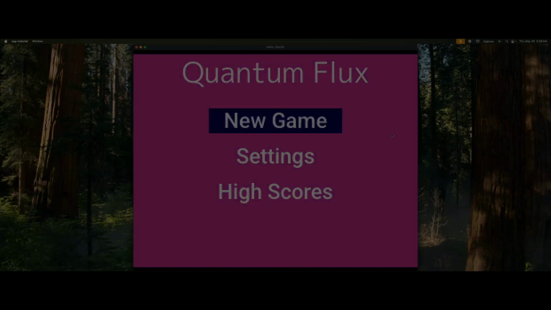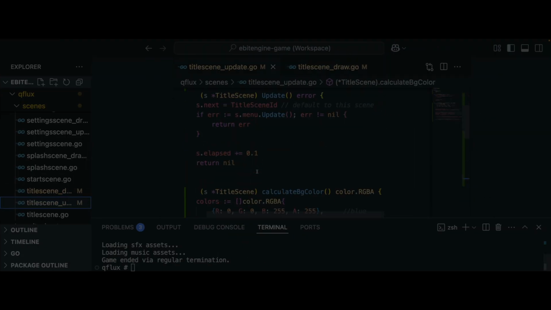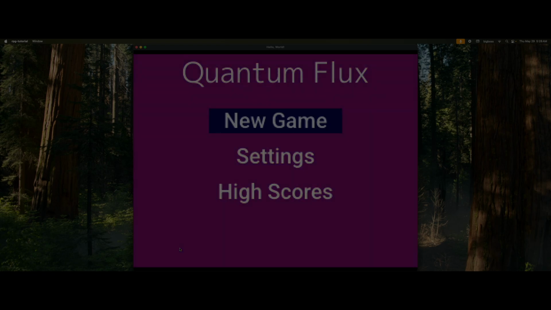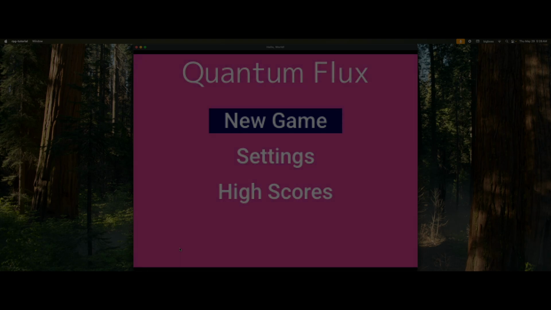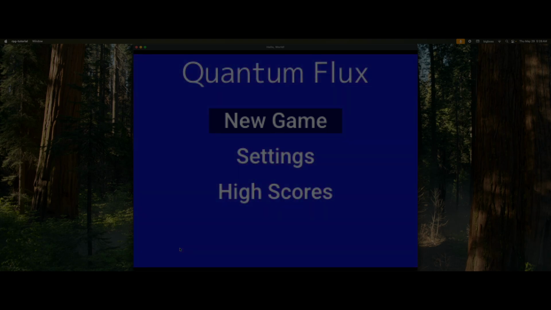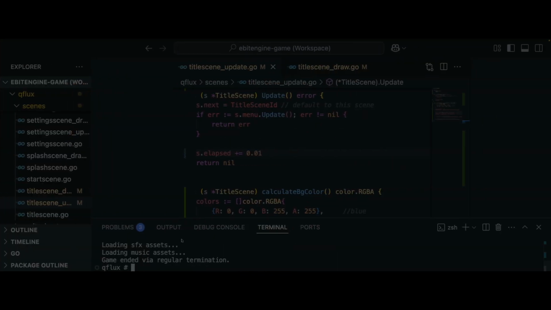The transition is a bit too fast, so I can adjust the factor to slow it down. My scene uses this elapsed time variable to keep track of how long the scene has been active, and there are other ways to do this, but this is a simple way to adjust the speed of the transition. This gives the title screen a nice, smooth color changing effect, but I will take it one step further by